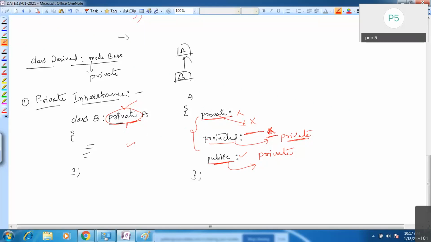Protected and public members are visible, but they become private here.